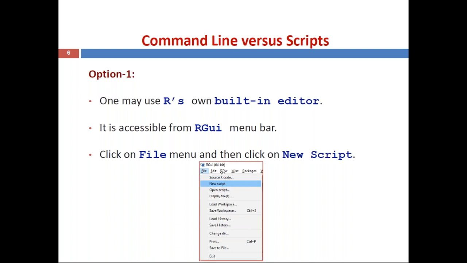See the following image. This is the R GUI menu bar. The first menu, click on File. In that, click on New Script. Whenever you click New Script, a built-in editor will open. There you can type multiple lines of commands.